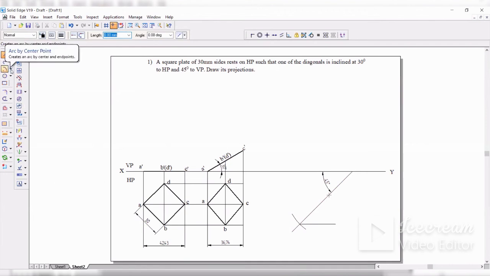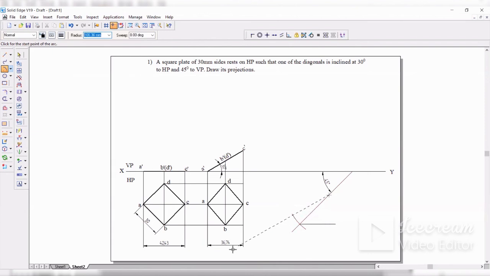Now, what you can do is draw one more arc from the same point where you drew the first arc just now. But as you can see, the marking of the point where I had drawn the first arc is not visible. To get that point, just move your cursor on the previously drawn arc. Now, as I just started, you can see the mark here. So click on the same point.